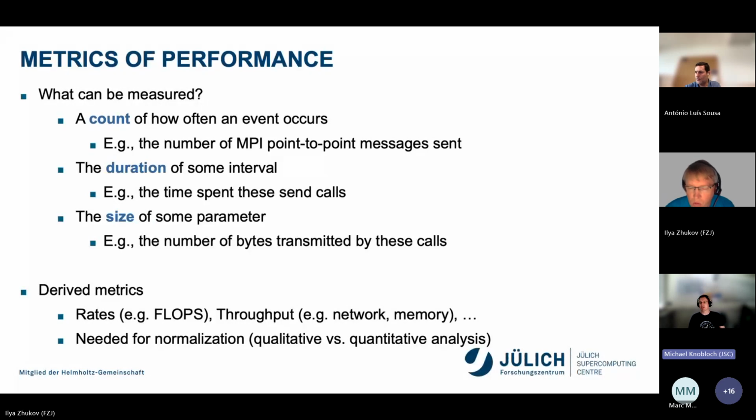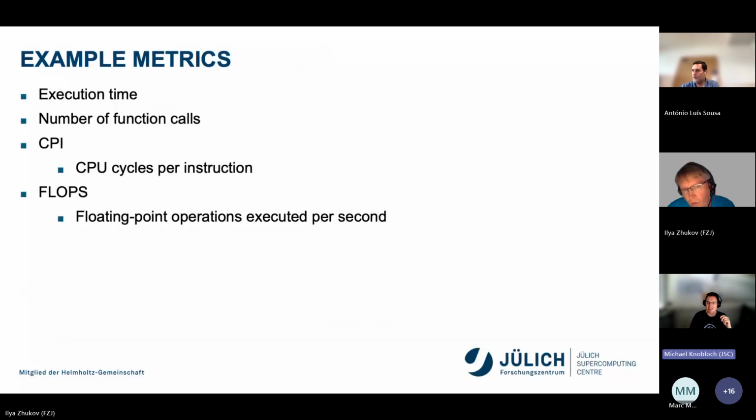But if we want a qualitative analysis, we need to create derived metrics. For example, we are interested in what amount of peak performance we reached. We know our system is capable of 1 exaflop, and if we reached, let's say, 800 teraflop, that is really bad. If we reach 800 petaflop, we are quite good, right? So for normalization we need to create some derived metrics. However, that's not as simple as it sounds.